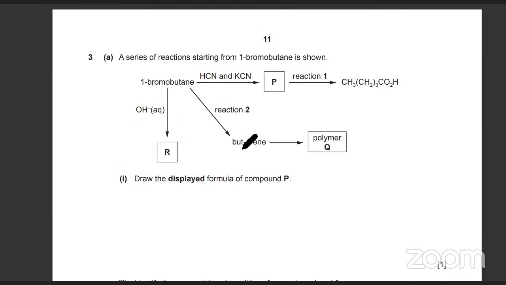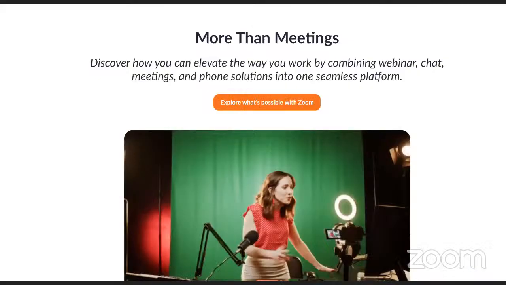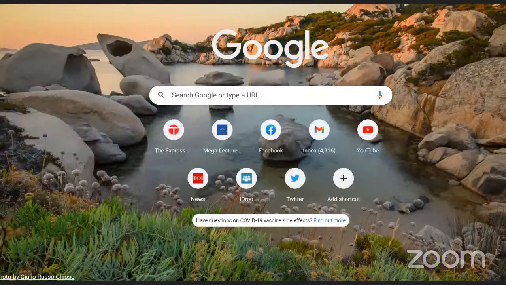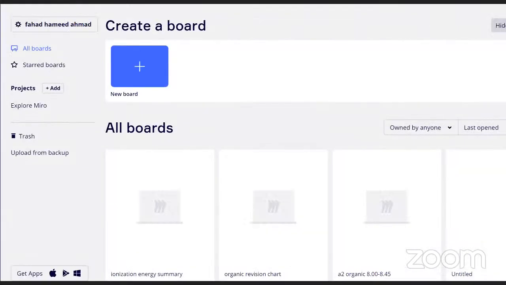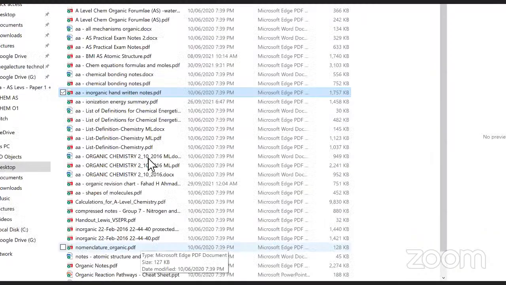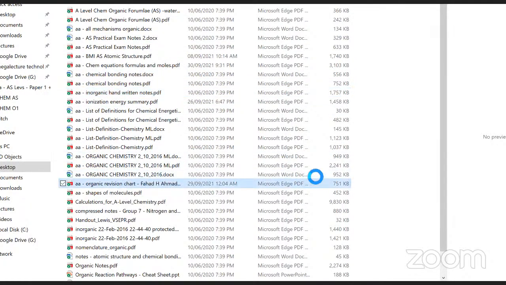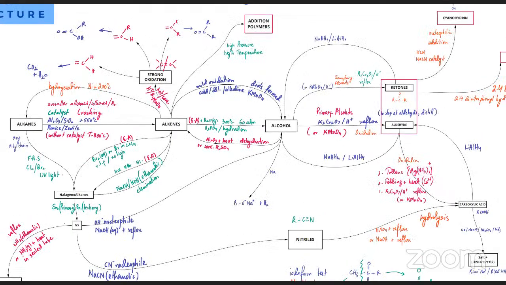As for question number 3, I'm going to open the spider chart for organic chemistry. I just have it over here, so just one second. This one. I'll just keep this here, and we'll refer to this. Now, this one is